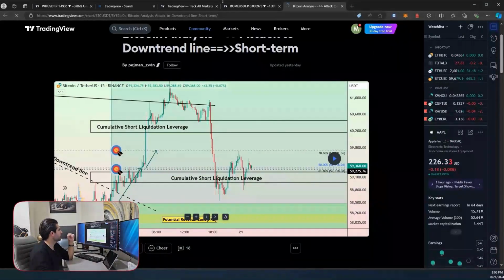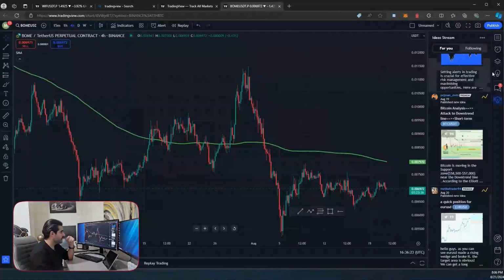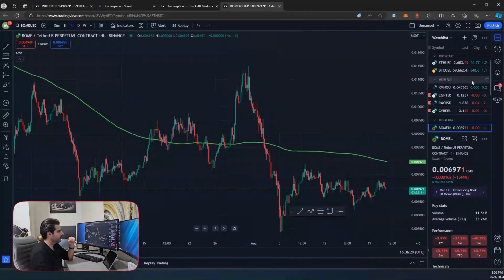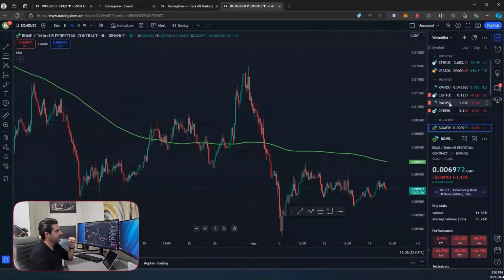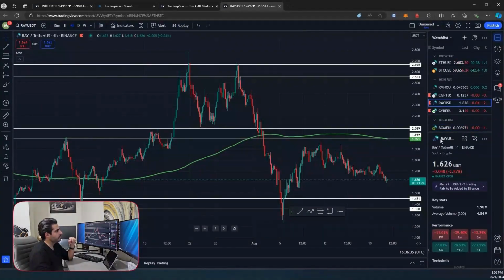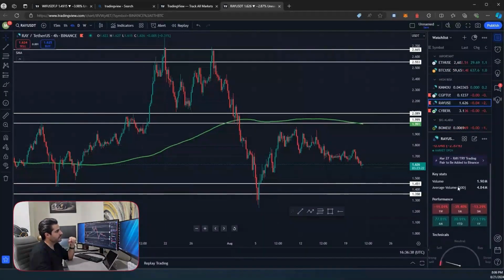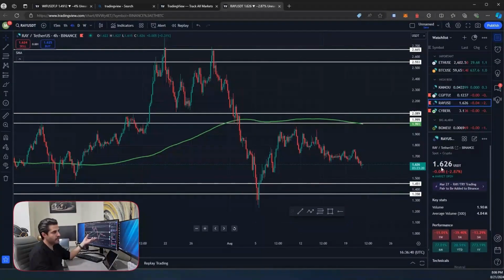Well, let me see if I've missed anything else, just in case, so I don't let you down. I don't think there are any other points left. Of course, at the bottom of the screen, whichever currency I click on, for example, on Radium to Tether, this bottom section gives us some data about that coin, about that trading pair, like how much the price has changed,